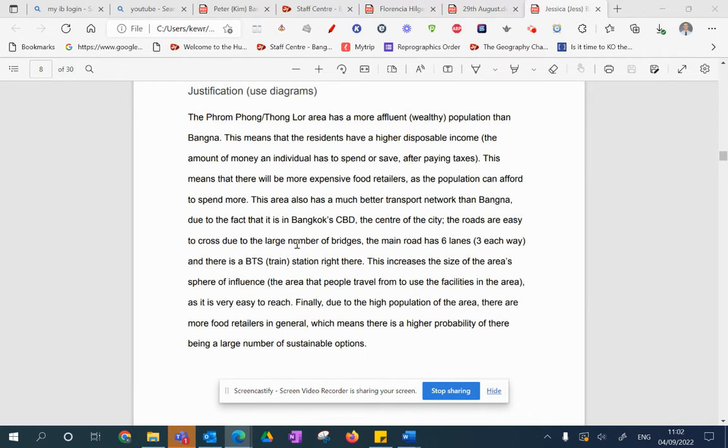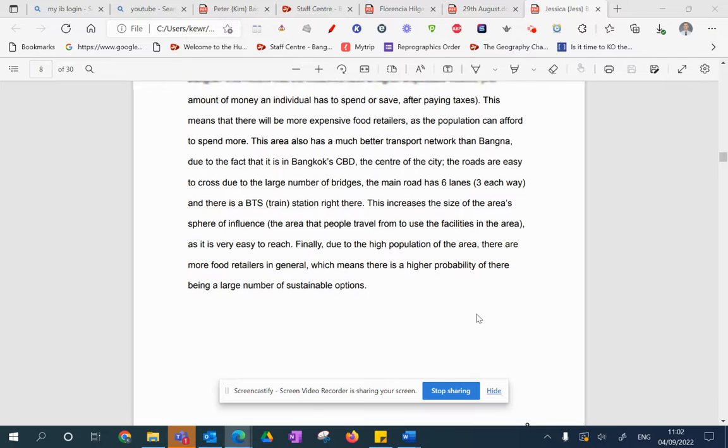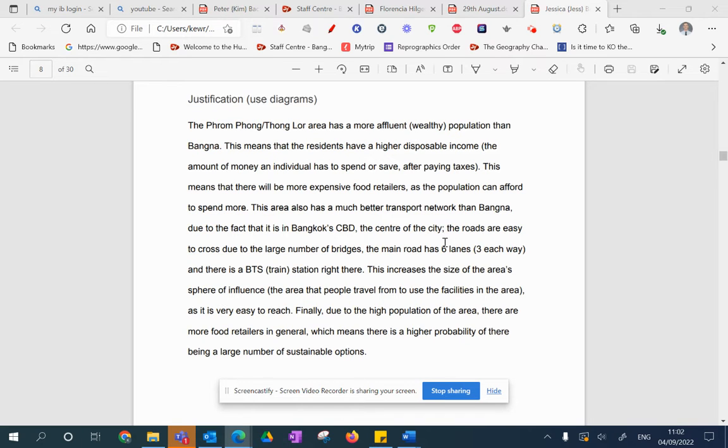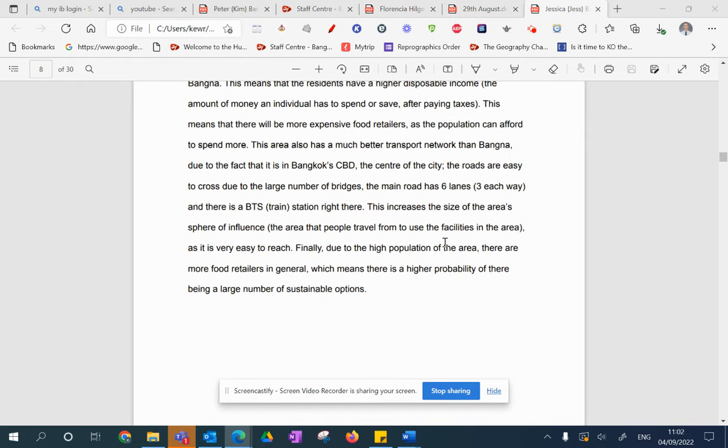Yep, good. What about Bangna then? So we've got really good stuff on Prompong. You put comparisons to Bangna. One thing I would add there is that Bangna Lasan that you've looked at is a place which is undergoing gentrification. You can Google that, but it essentially means that there's a socio-economic change taking place.